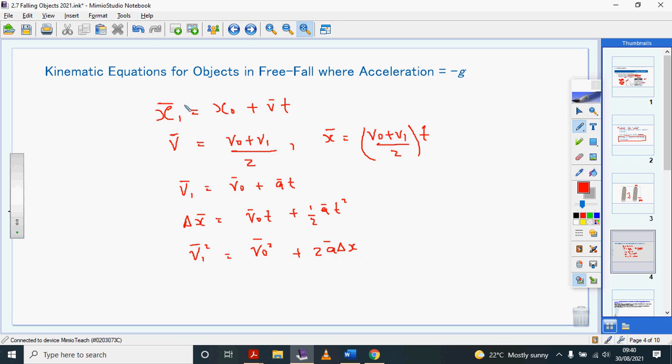So these same exact equations apply, because an object in free fall is basically moving in a straight line, just like an object in horizontal motion. So if it's moving in a straight line, these same kinematics equations have to be applicable to analyze this motion. Since we know that it's moving in a vertical position with an acceleration of 9.8 meters per